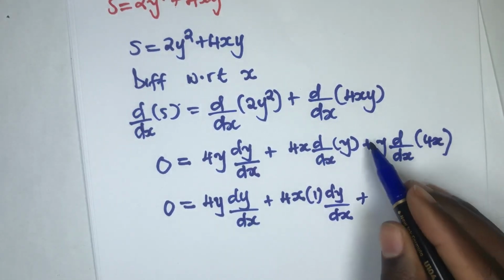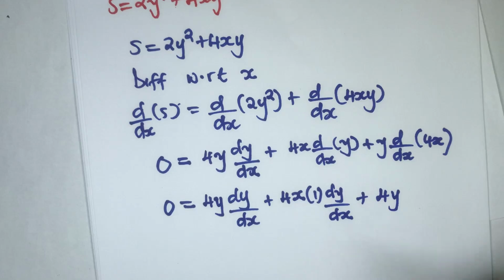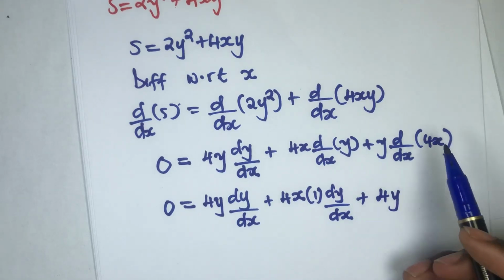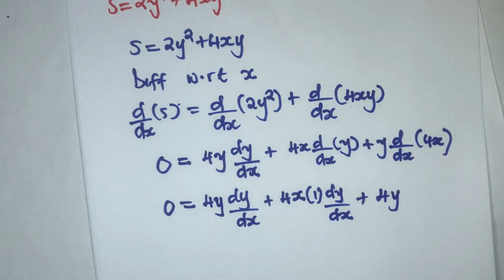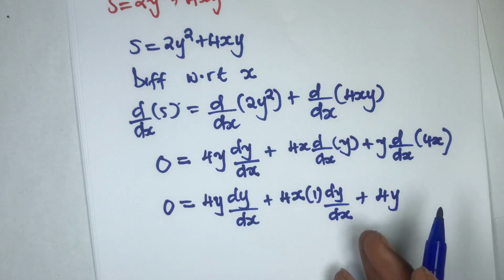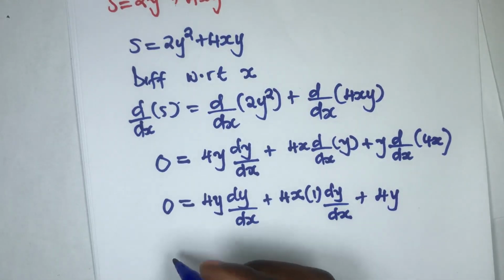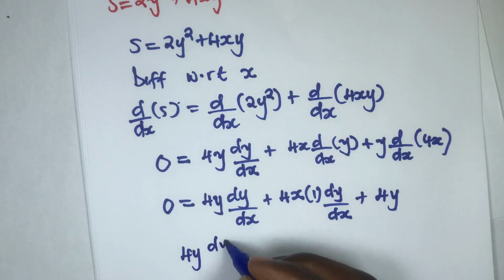So it will be 4 multiplied by y, we have 4y like this. So now the question demands us to find dy/dx. So at this stage here, we're just going to factor out dy/dx on these two terms, then we take this to the other side. So what we mean here is we're going to have 4y dy/dx